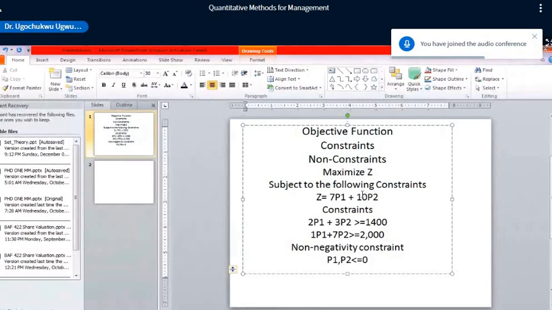So 5 multiplied by 0 gives 0, plus 4B equals 400. So B is equal to 400 divided by 4, which is 100. So if we assume that B is equal to 0,